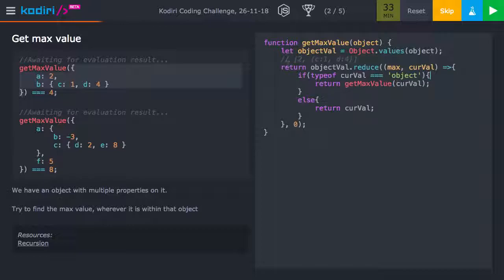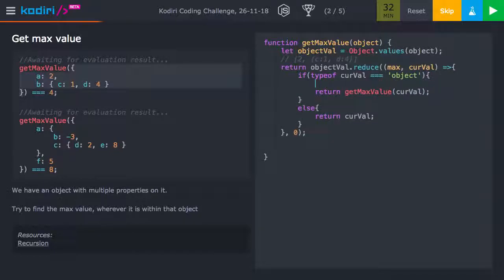So this is all returning something. Okay. So this will, so I still need to calculate, within here, I still need to work out whether it's the max. So if it's a value,